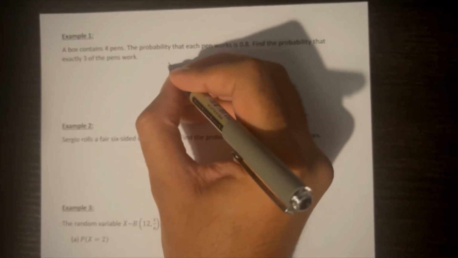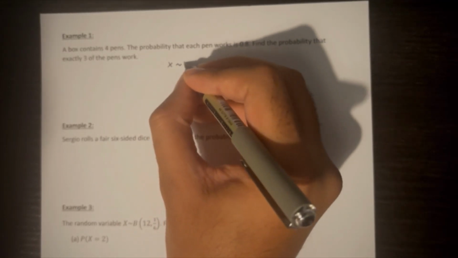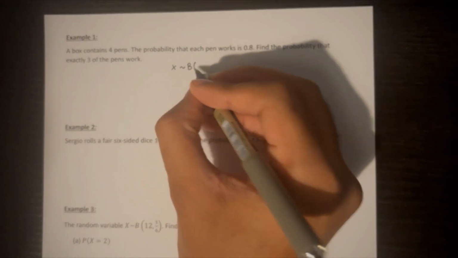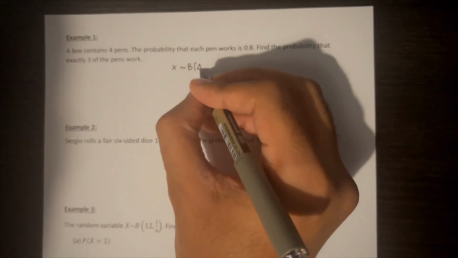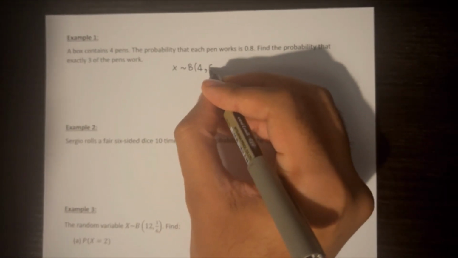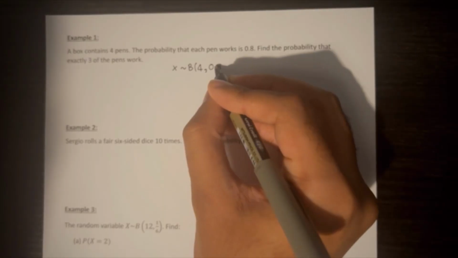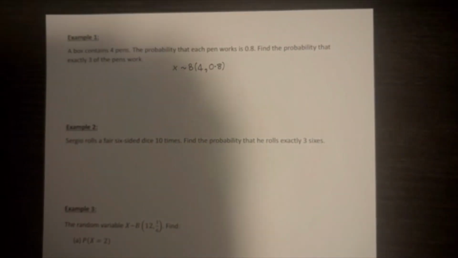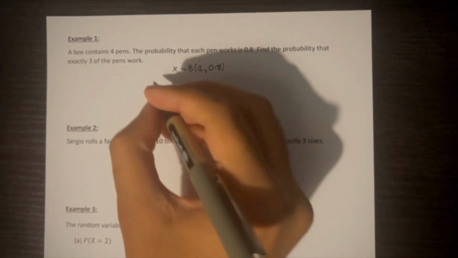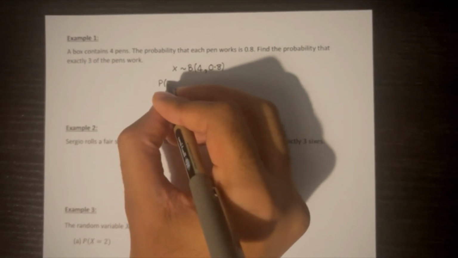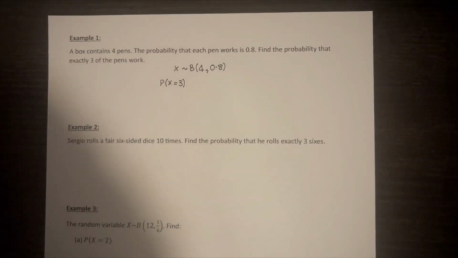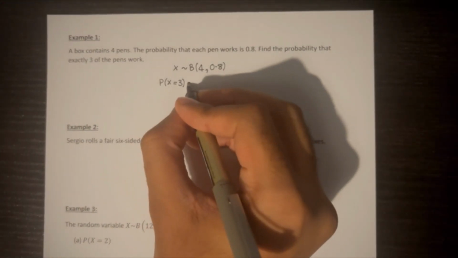So we've got x following a binomial distribution where there are 4 trials, since we've got 4 pens, and the probability of success is 0.8. We're going to consider the success, meaning that our pen is working. So the probability that x equals 3, that's the probability that we've got 3 pens working, is equal to